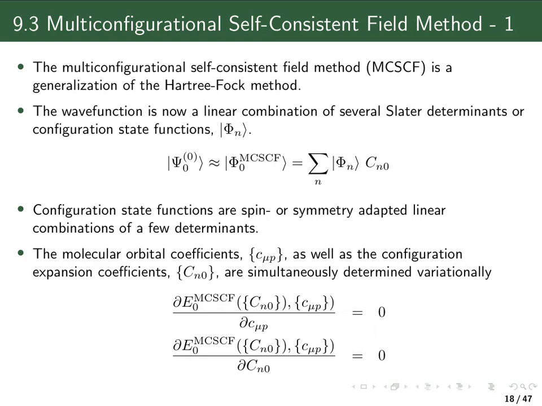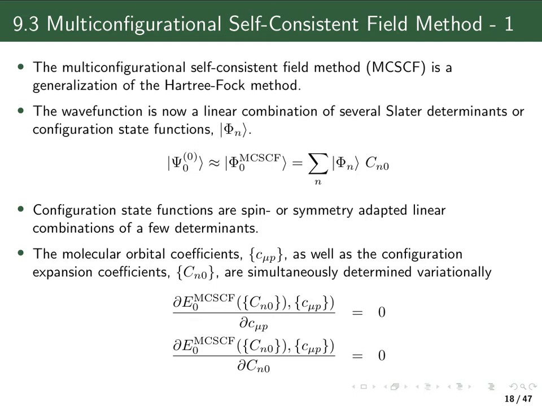Now, as I said, in MCSCF one not only optimizes these configuration or Slater determinant expansion coefficients, but one still also optimizes, like in Hartree-Fock, the molecular orbitals, meaning the molecular orbital coefficients. MCSCF, like Hartree-Fock, is a variational method, and therefore we determine the best values of both the molecular orbital coefficients as well as these determinant or configuration state function coefficients by